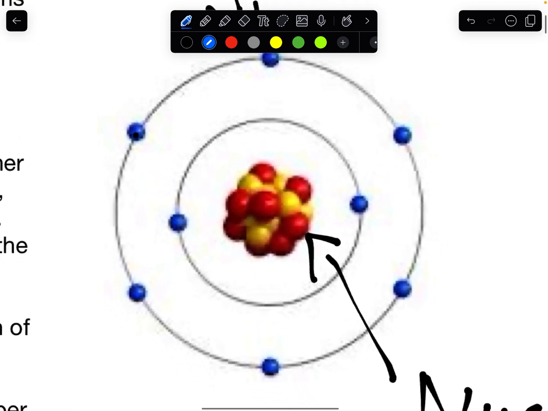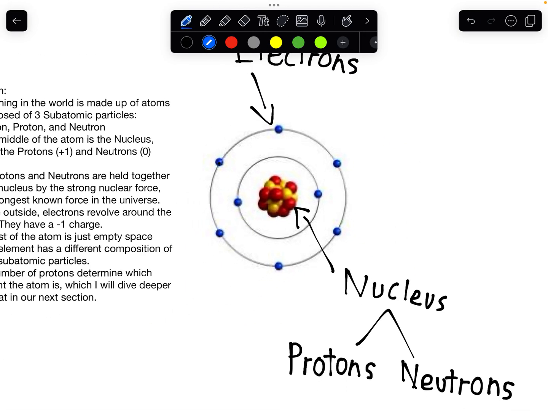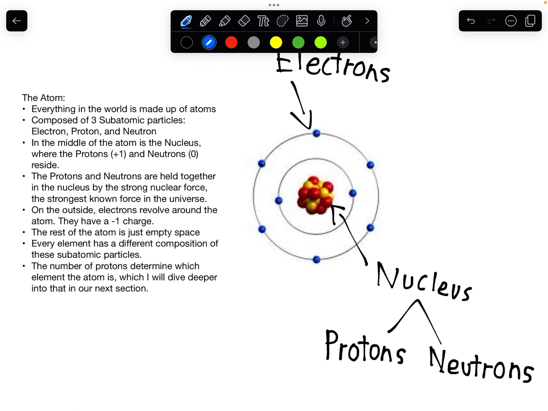In this figure here, we can see that this assortment of red and yellow balls is a figure representing the nucleus, where the red, in this case, represents protons, yellow represents neutrons, but it can be interchangeable. The protons and neutrons are different from one another. Protons, first of all, have a positive one charge, while neutrons are neutral, meaning they don't have a charge